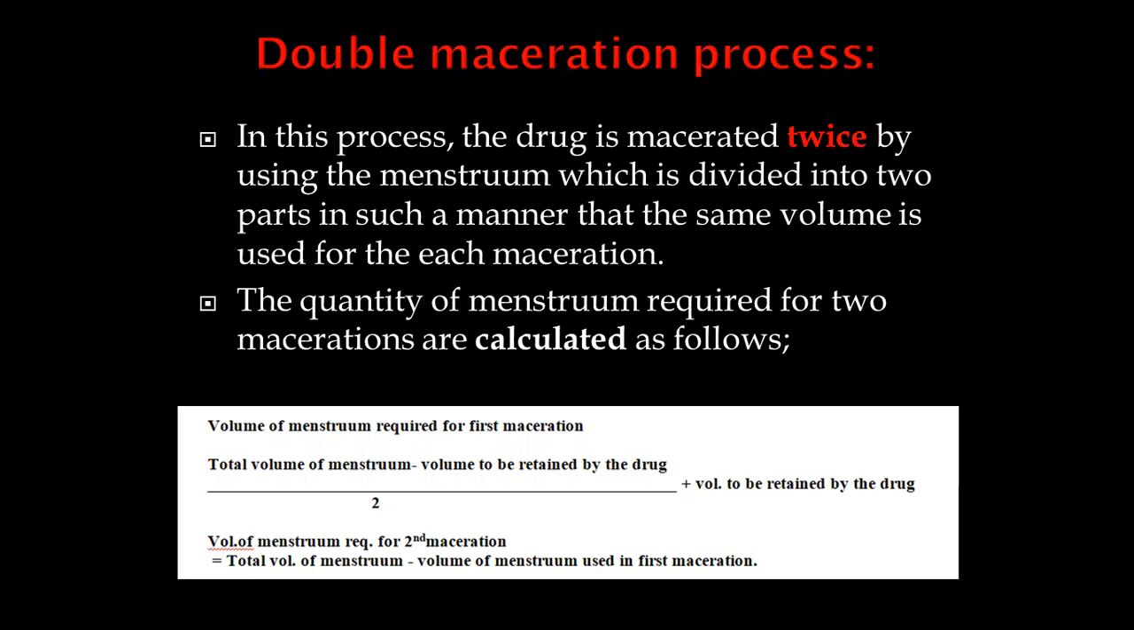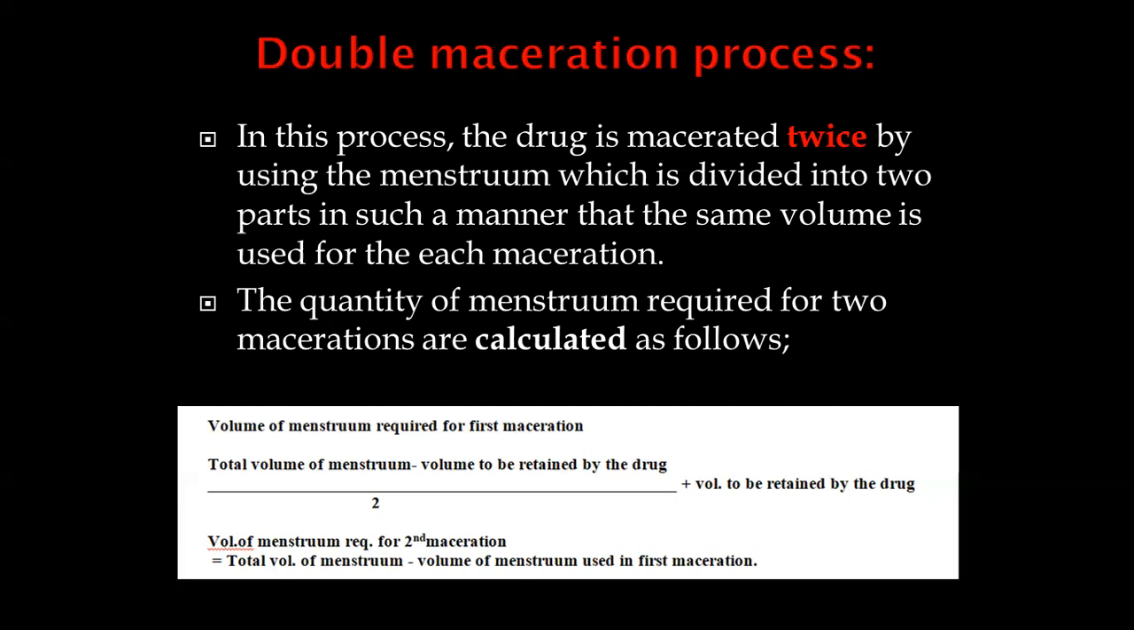So that's what I wanted to make the preparation more concentrated. During Galen's period, he made a process called the double maceration process. As the name indicates, you are doing the process two times, and that is why it is called the double maceration process. In this process, the raw material is macerated twice using the menstruum, which is